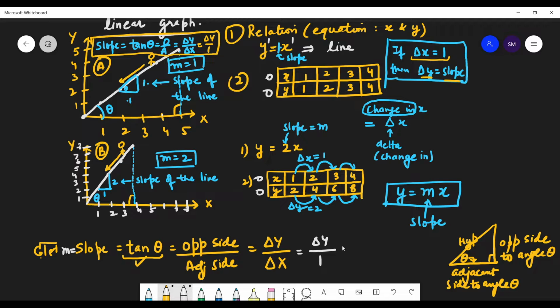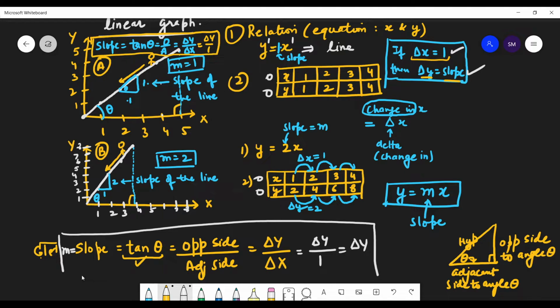तो इस तरीके से, तो अगर डेल्टा एक्स 1 है तो स्लोप किसके इक्वल हो जाएगा? डेल्टा वाई के। तो ये स्लोप लिखने के कितने ढंग हैं, कितने वेज हैं, ये सब आपको मैथ्स में कर लेंगे।